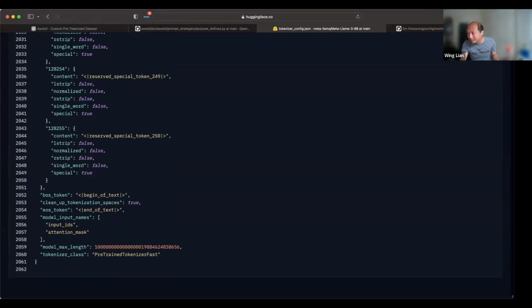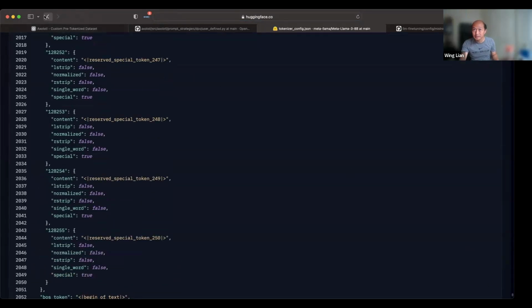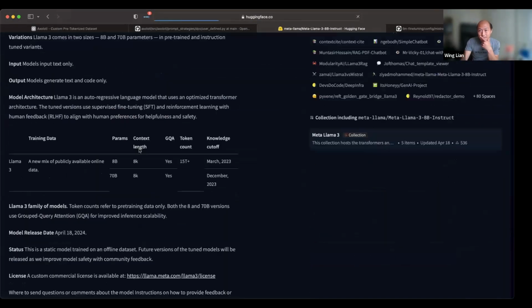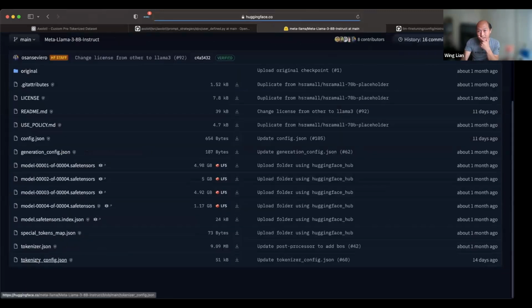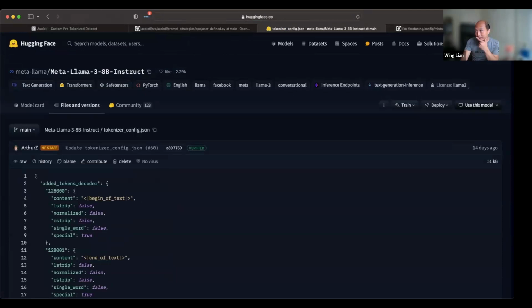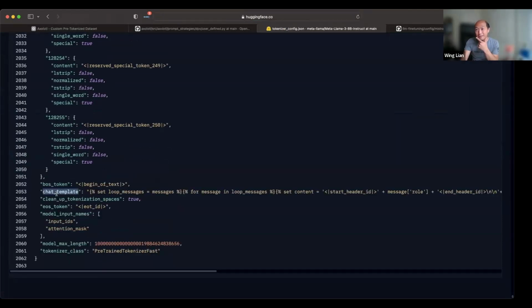But if you go here, they have a chat template. So when you set a chat template, what it does is add this to the tokenizer automatically. That's really what it mostly is.